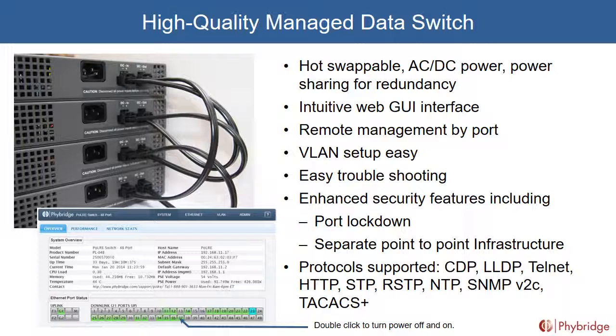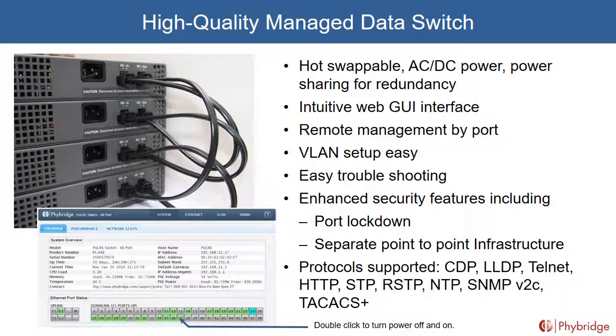4 of these stacking cables, as you can see, can be connected together to create a power sharing load balancing ring. And what that means is if you have a power supply that fails or you exceed the PoE budget on one of your switches, the other switches pick up for it. And if you recall, the hot swappable power supply allows us to pull a failed power supply out while the system is up and running, further contributing to that 5 nines reliability for your voice.